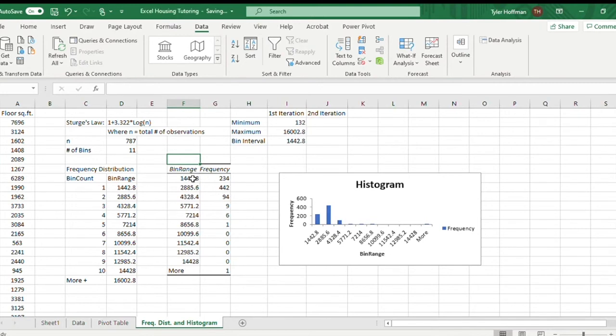So again, this is basically saying from 0 to 1,442 square foot, there were 234 observations. So this frequency distribution is based off of all of this bin count, bin range data here, and of course the floor square foot area. So